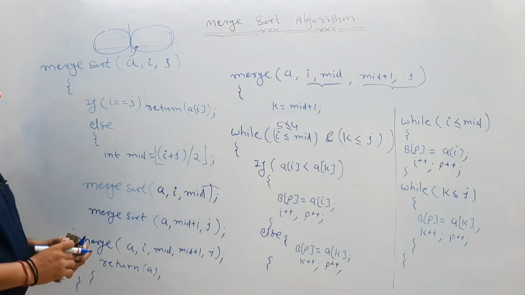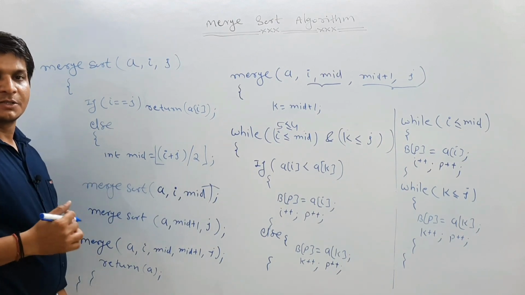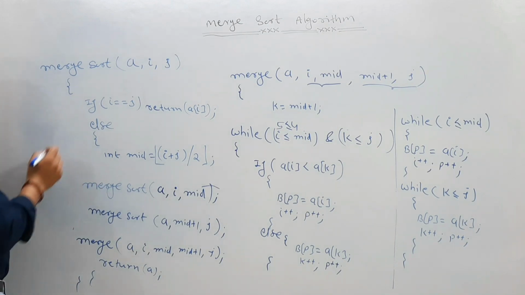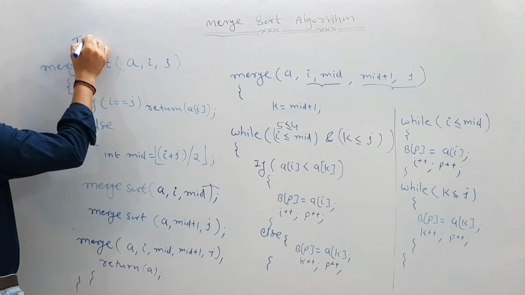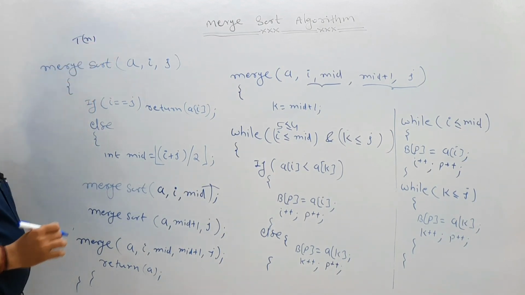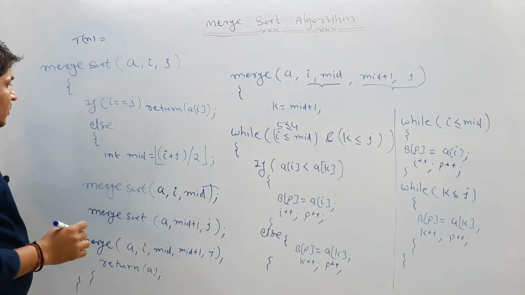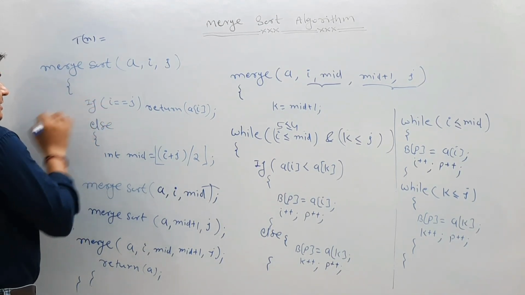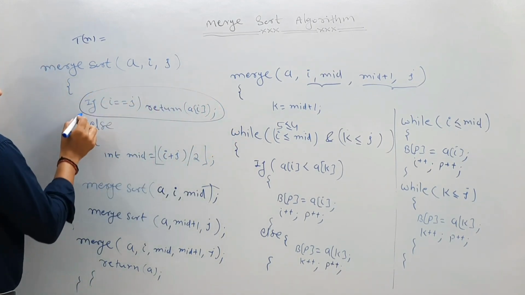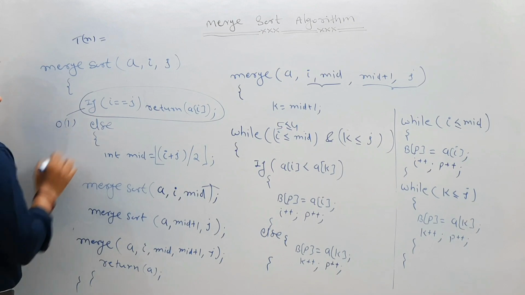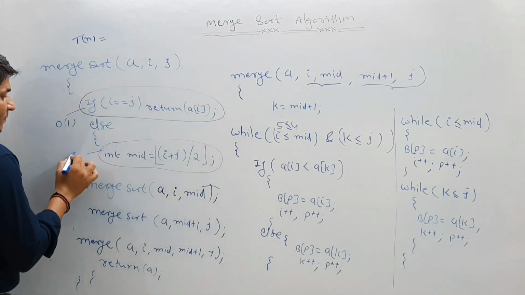So let me discuss the time complexity of this merge sort. Let us write the recurrence relation for merge sort. Let's suppose if you apply merge sort on n elements, it takes, let's say, T(n) time to sort the n elements, correct. Now if you see every statement in this merge sort, this is simply one comparison statement. A comparison statement will take order of 1 time, correct. Now this is simply calculating the mid, so mid will also take order of 1 time.